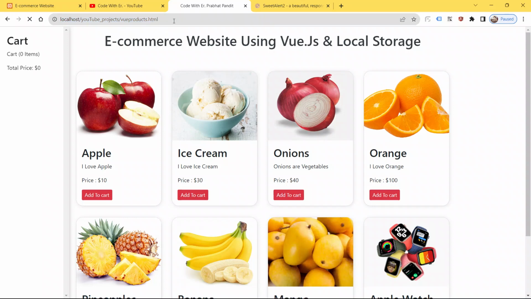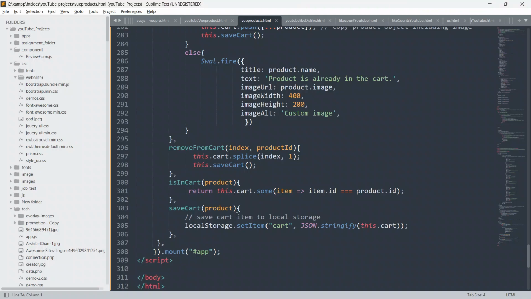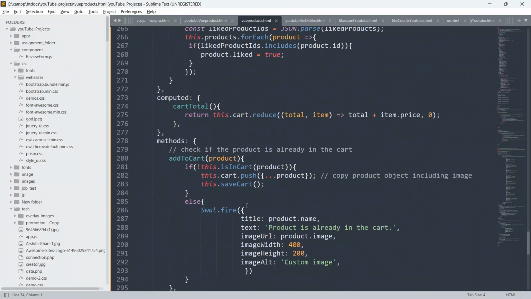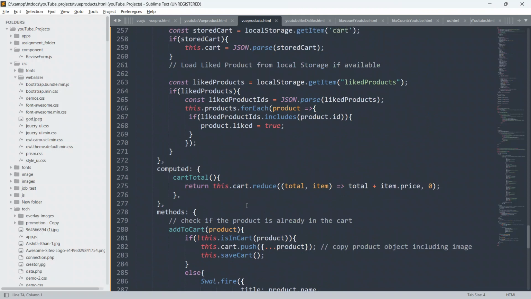Okay, so just refresh the page now. See, boom guys, the deleted items have been deleted permanently from the cart, as well as from the local storage. That's why we are not able to get them again after deleting the product from the cart. Okay, so guys, let me do one more thing. Whenever a user tries to add a product, it will also show that this product has been added into the cart. Okay, so guys, just give me 2 minutes.